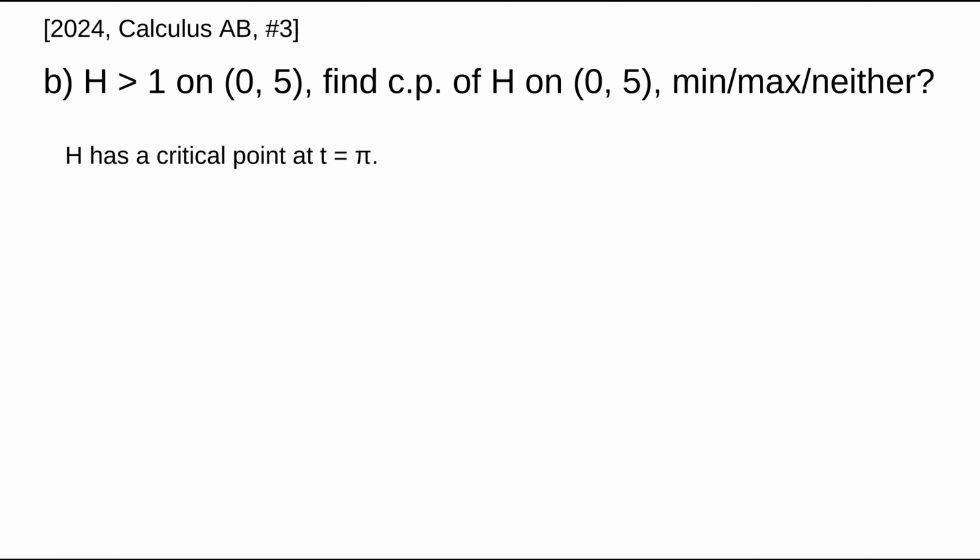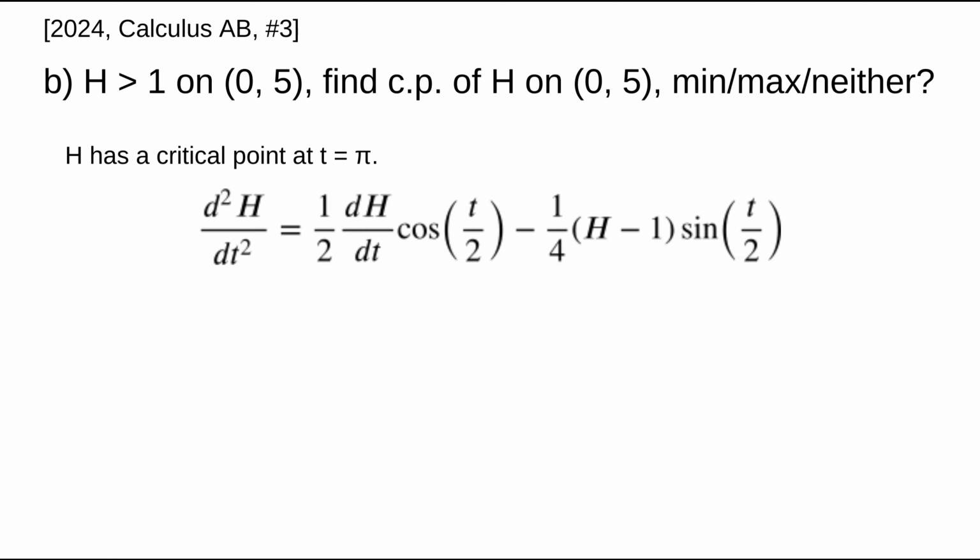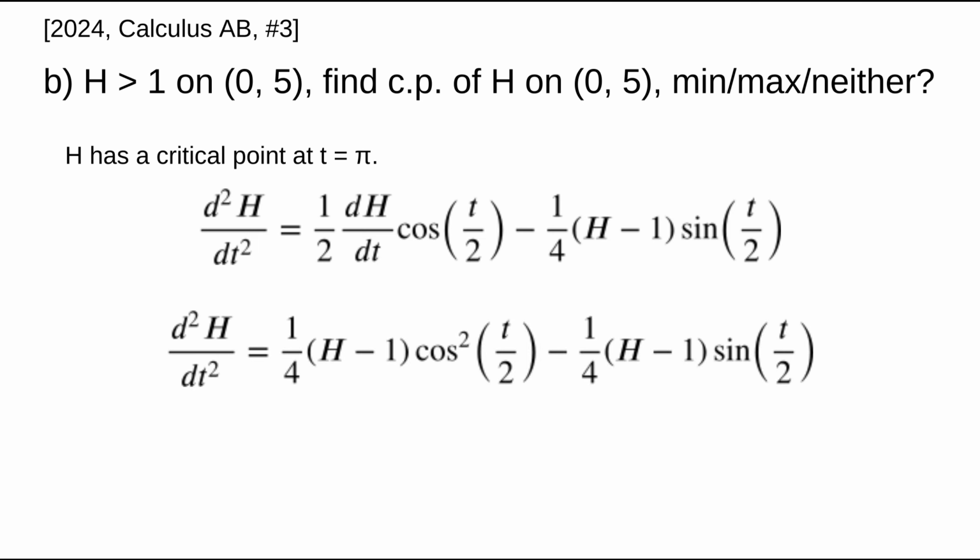Since h has a critical point at t equals pi, we still need to determine whether this is a minimum, a maximum, or neither. So if we find the second derivative of h with respect to t, we should be able to analyze the concavity of h and then make a determination about whether or not there's a maximum, minimum, or neither at t equals pi. So if we figure out d squared h/dt squared,